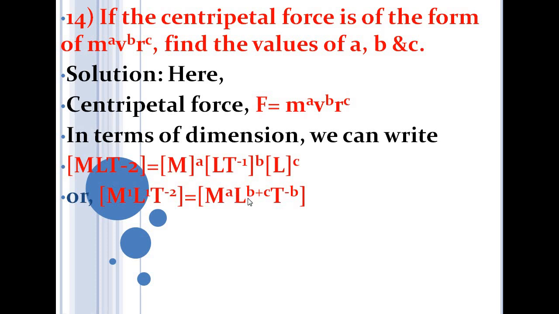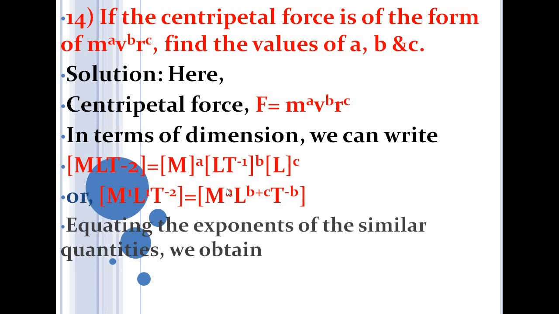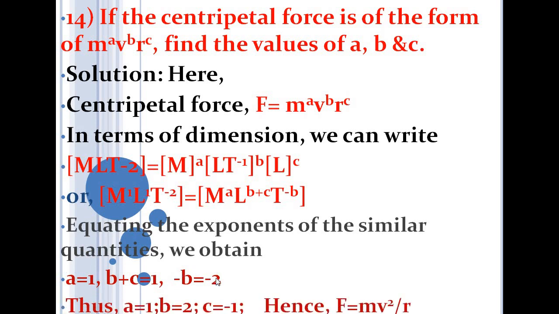and M^a L^(b+c) T^-b on the right-hand side. Now compare the exponents of the corresponding terms. For the mass M, the power is 1, that is a equals 1, b plus c is 1, and minus b is minus 2. Then a is already obtained, minus b equals minus 2, that means b equals 2. Replace in b plus c equals 1, and you will get c equals minus 1,